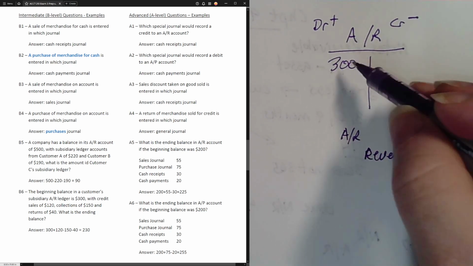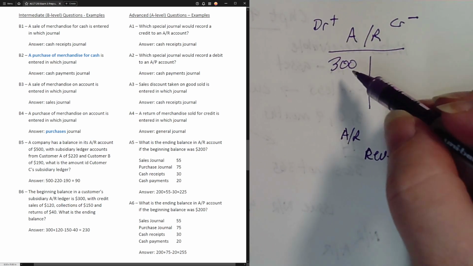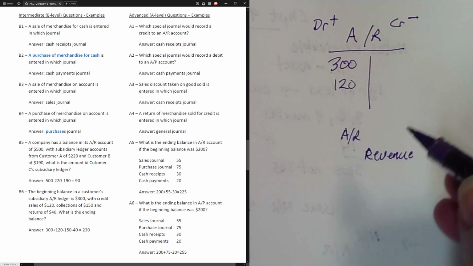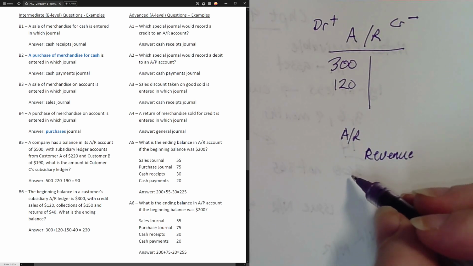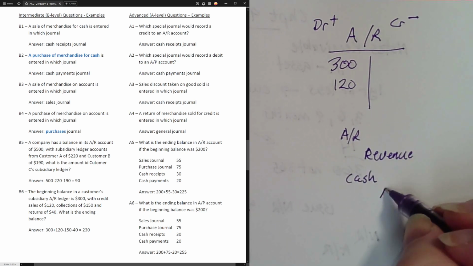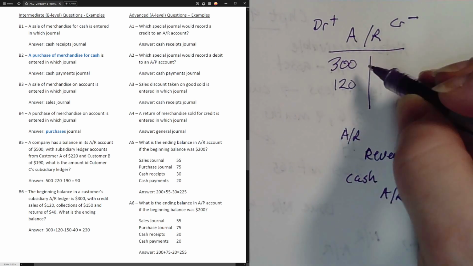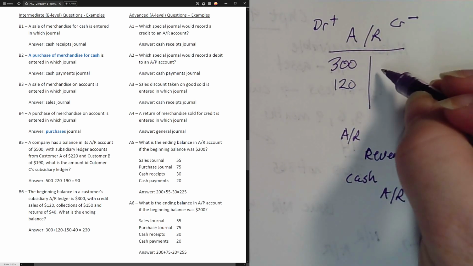So whenever we make a credit sale, we're increasing the AR account. So here this would be an increase. And then it says collections of 150. Remember, when we're collecting AR, we're collecting the cash. People are paying off their account. So this would be a reduction of AR and an increase in cash, but the AR part of it is a